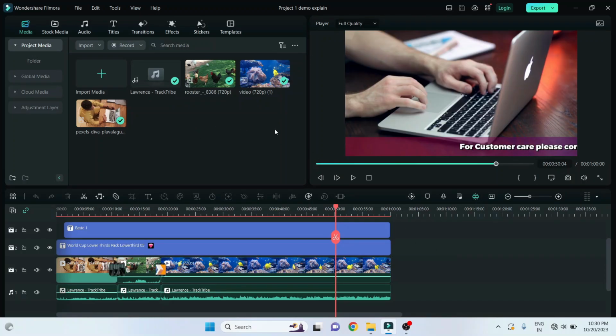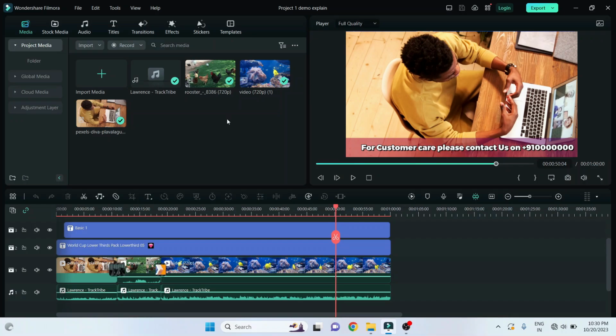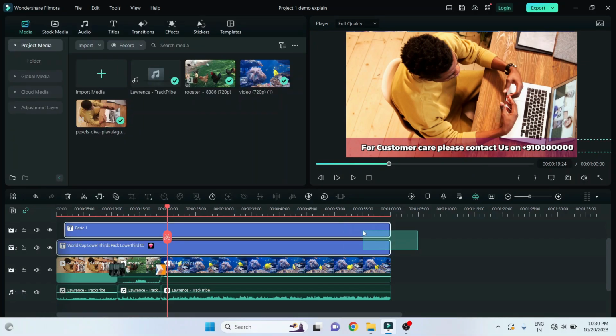So now here you see guys how many things I have imported here. Firstly I have imported 3 videos and a background music, and also I have applied the transitions. I have added 2 text. So here you see if I double click here, firstly I have added a background and a text. Now guys, I will show you how you can create a scrolling text in your video. So I will simply copy this text. I will delete both of these.